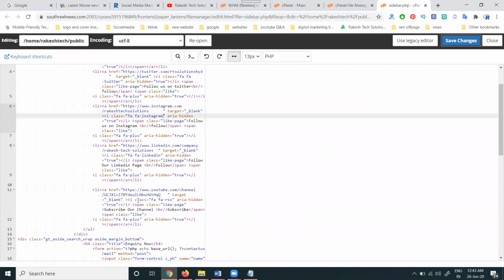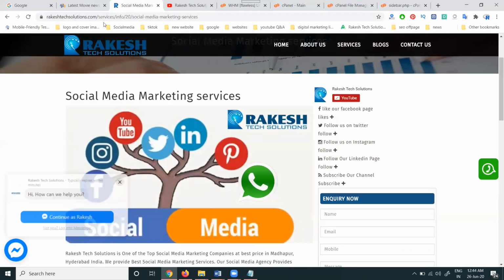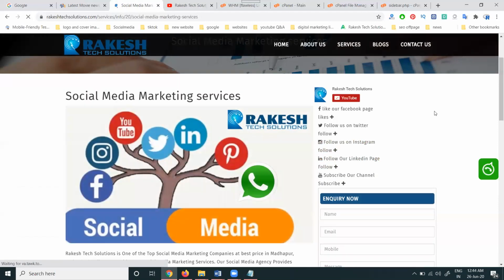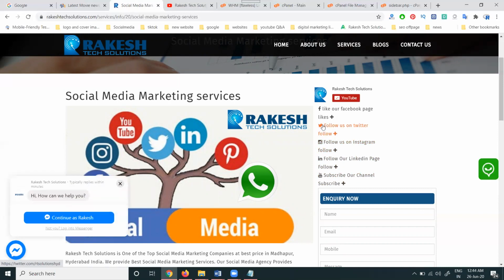Just follow the parameters where you can change the icon. Change your icon. Refresh. So the total is YouTube, LinkedIn, Instagram, Twitter, and Facebook options. If you have an app too, we can use the app option in the particular format. This will be used to increase social media followers and app installs too. If you need an app, you can add the app link in this option.